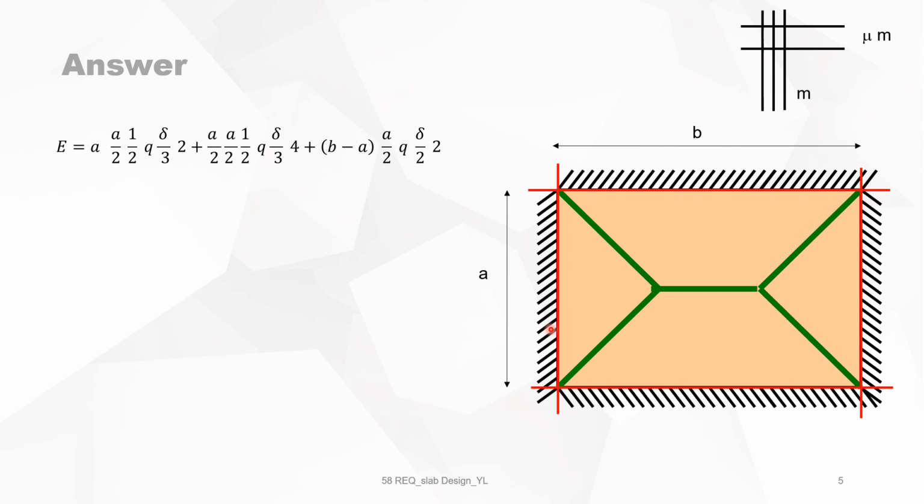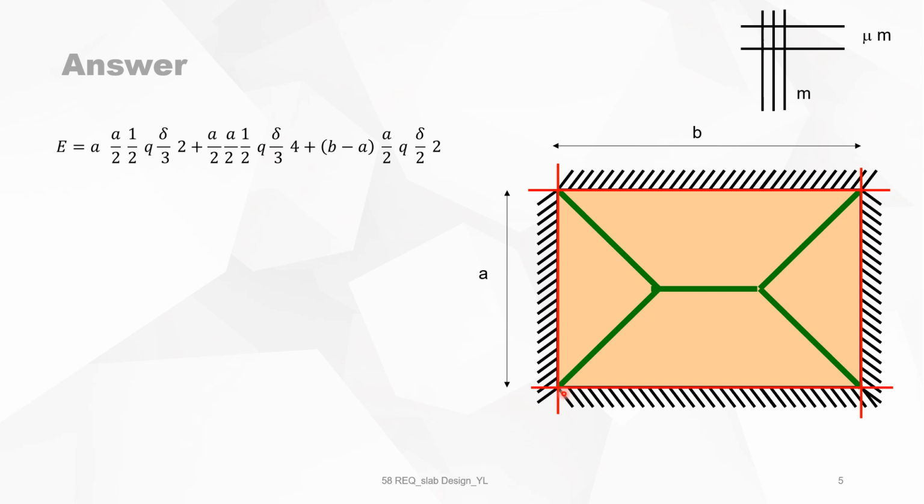The work done by the external forces is A times A over 2 divided by 2 multiplied by the load q and multiplied by the mean deflection, which is delta over 3, and we get this 2 times. Then we have four triangles left, there, there, there, and there. And for one triangle, it is A over 2 times A over 2 divided by 2 multiplied by q, and the mean deflection is